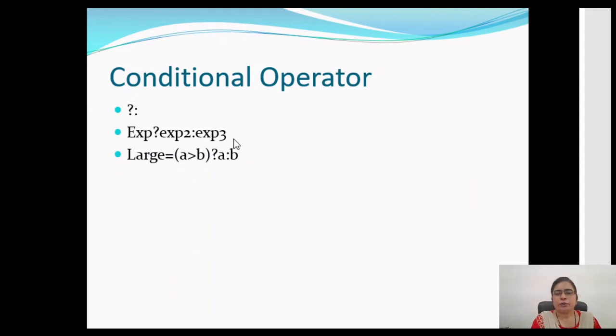Here we are using this ternary conditional operator to evaluate which is the larger value within two values. We will write it like this. We will have a condition A is greater than B, and if A is greater than B is true, then the result will be A, and if it is false, then the result will be B. With the help of this expression, we will find whether A is larger or B is larger.